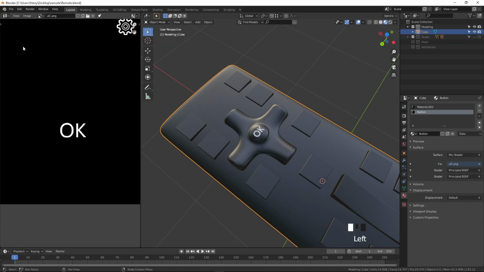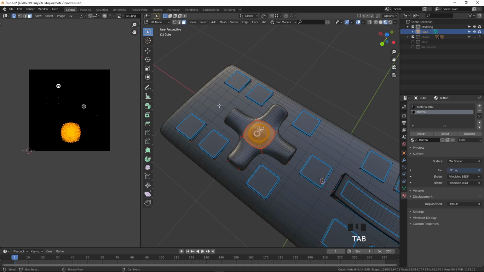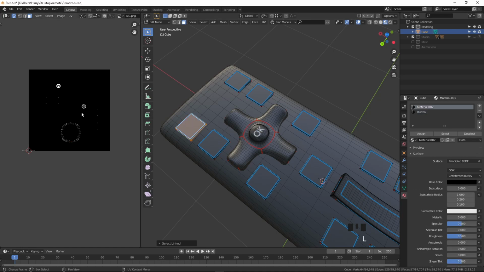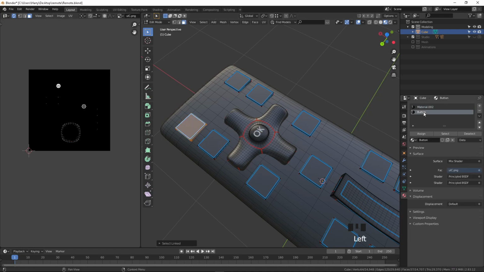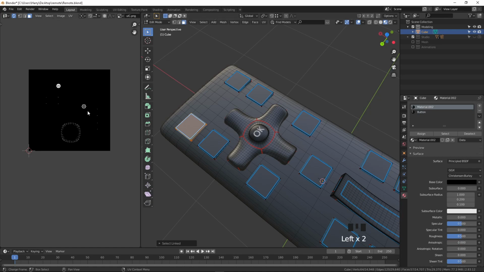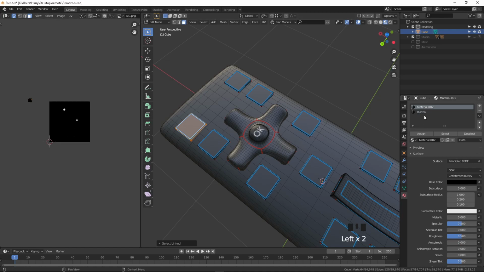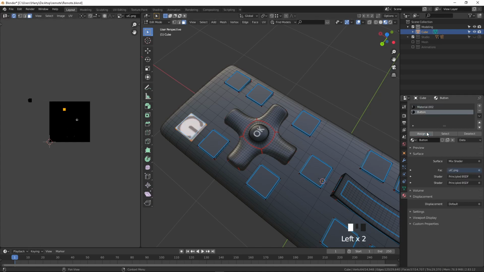I go to the UV editor, I go to the edit mode, and I'm going to select this button, press L, press G to move, and press S to scale, press G to move, and I'm going to assign it to this button.